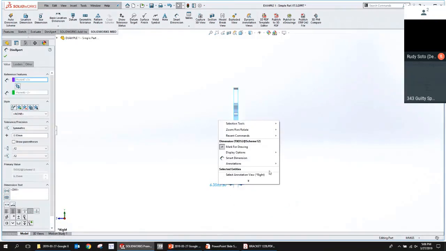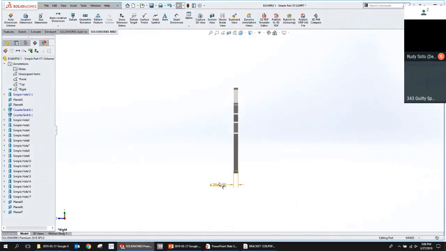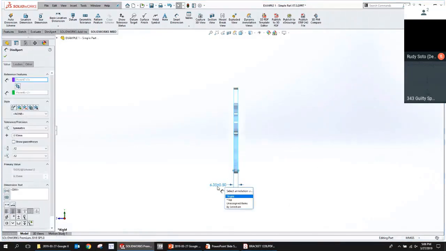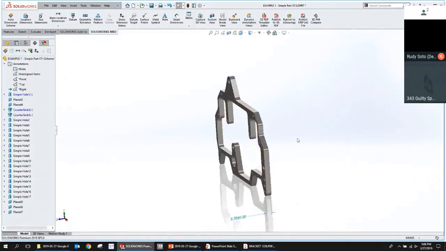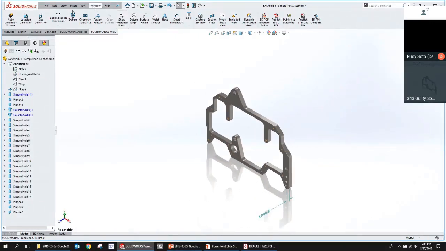I can right mouse button, I can say change annotation view. There's also a shortcut for it. You can just press the tilde symbol on your keyboard, and that lets you change which view the annotation is associated with. Now, from here, if I was to make a drawing,